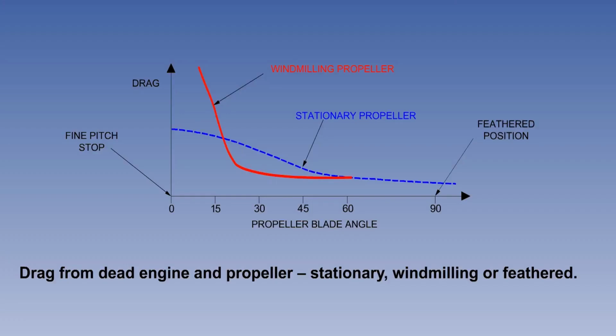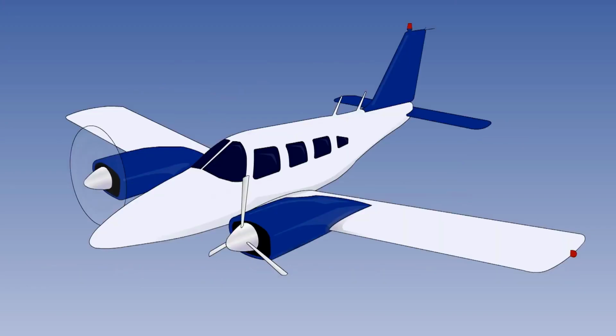The propeller will also have the load of turning the dead engine, unless an automatic decoupling device is fitted. A feathered propeller will cause the least possible drag. There is no torque, since it is not rotating, and the parasite drag is at a minimum with the blade's